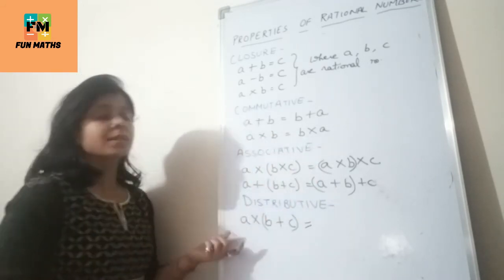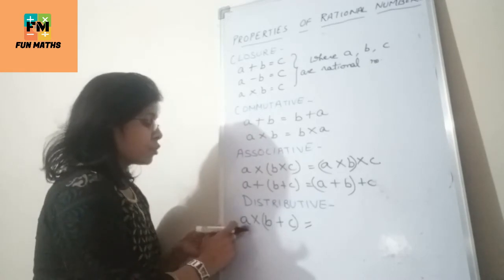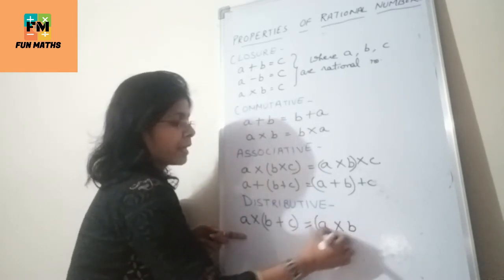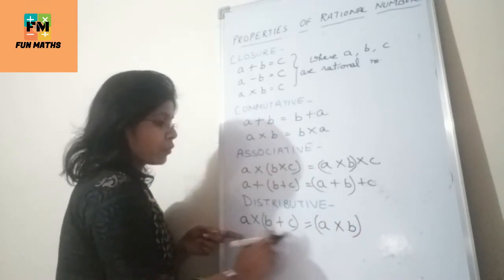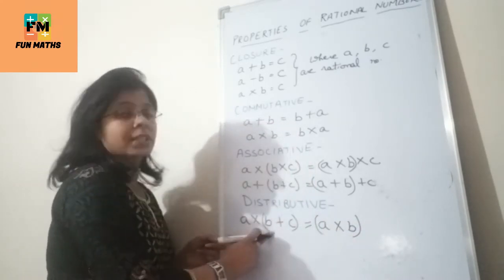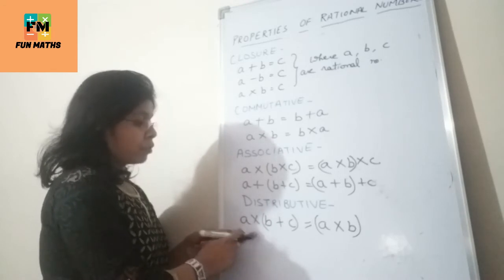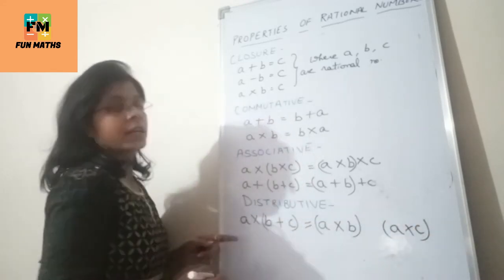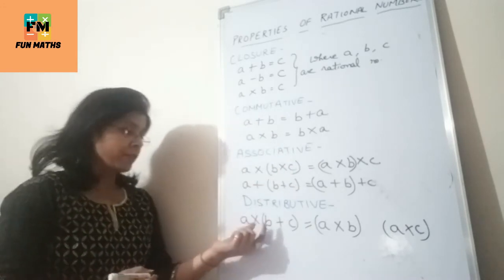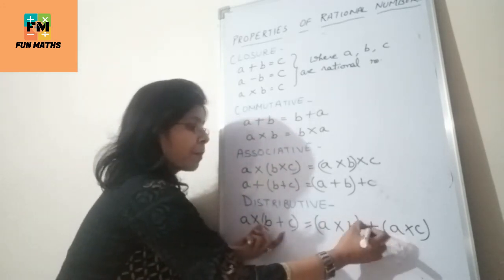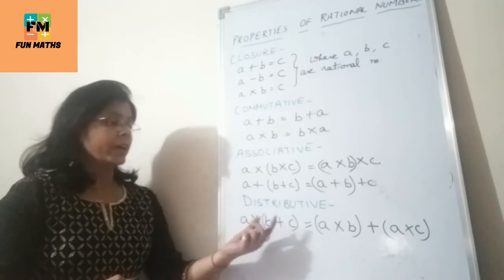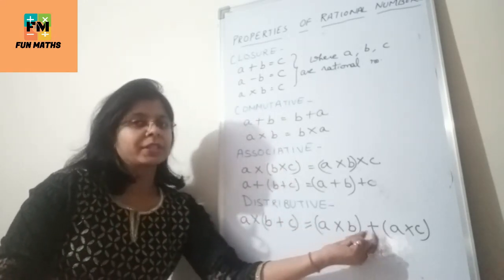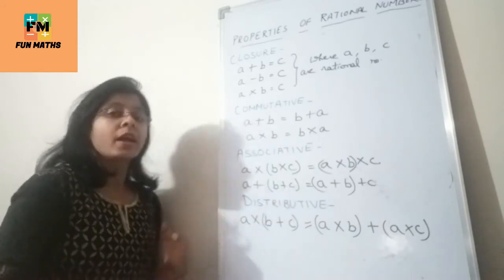Now let's distribute. Okay. So first we will distribute this a with b. As it is multiplication over addition, we will write a into b. You can see a into b here. We have distributed this a with b. Then we will distribute this a with c. So a into c. As we know, it is known as multiplication over addition. If you see here the sign plus, so we will be writing plus over here. We can see multiplication in both the brackets over addition. That's why it is known as multiplication over addition, right?